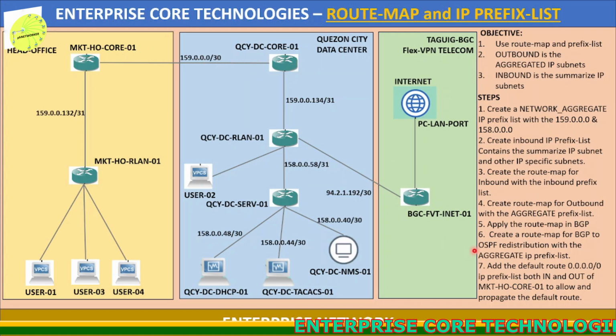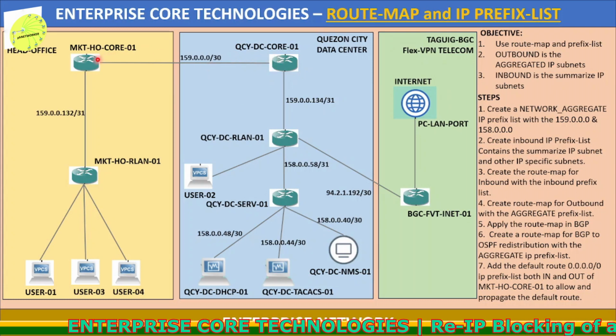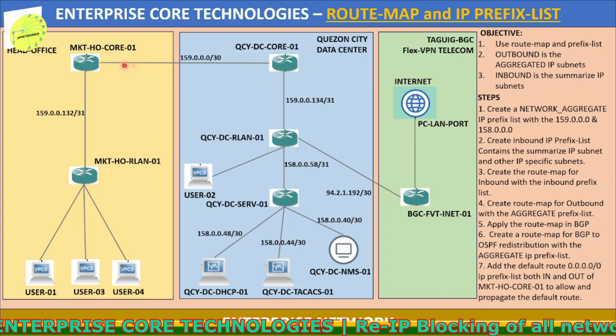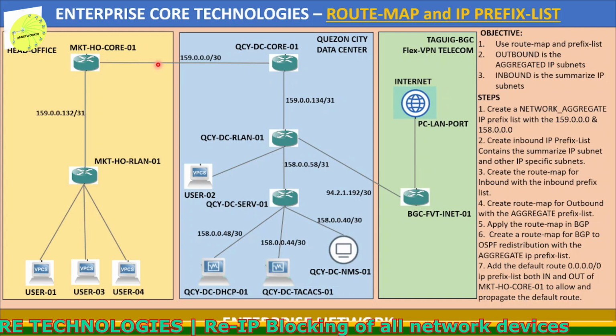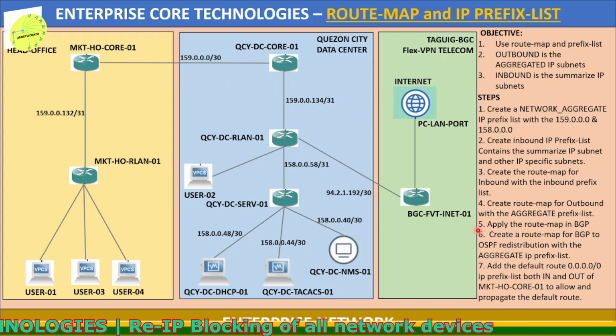Okay, so we have the route map running. So we are now going to filter the inbound and outbound. And the next step is